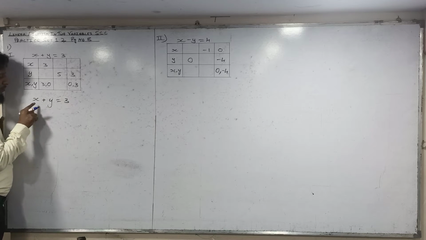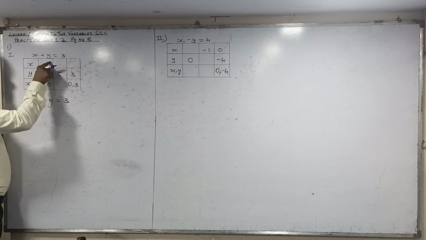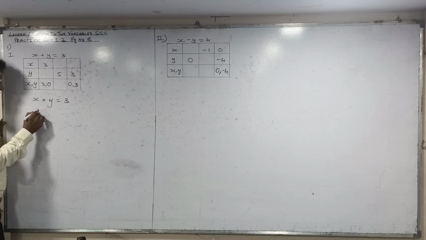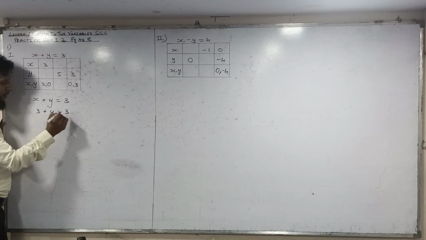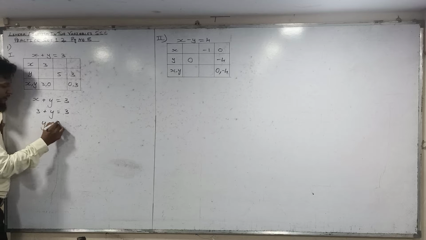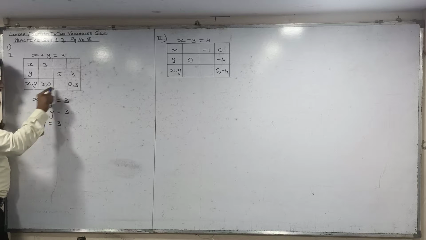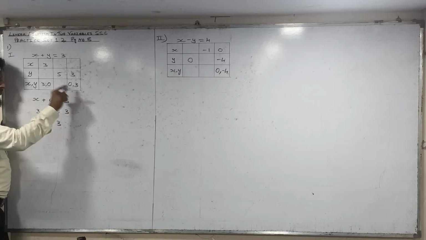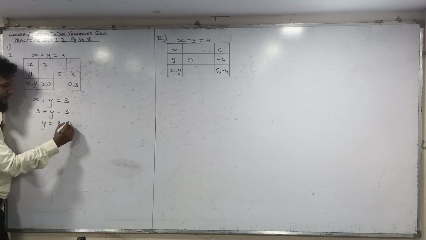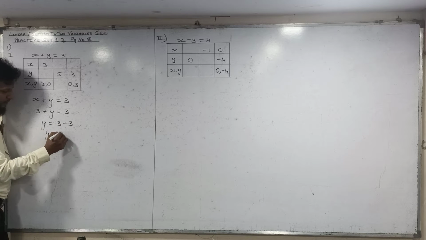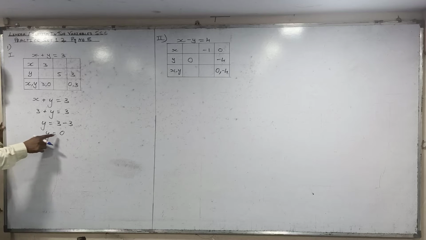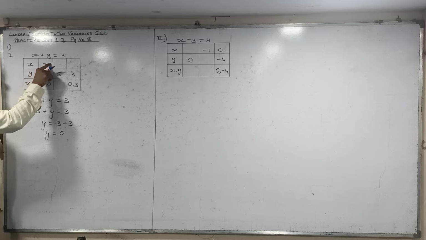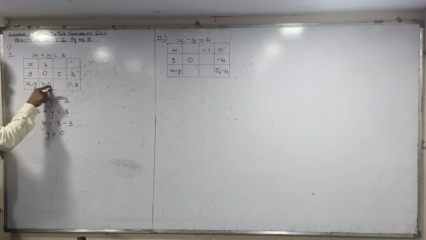Okay, the equation has two variables, x and y. x is given in the table, so you have to find the value of y. We put x as 3: 3 plus y is equal to 3. Now y stays as it is, and 3 goes from the left side to the right side of the equal sign. When a number goes from left to right, plus becomes minus. So y is equal to 3 minus 3, which is 0. So the value of y is 0. If x is 3, then you get y as 0: 3 and 0.